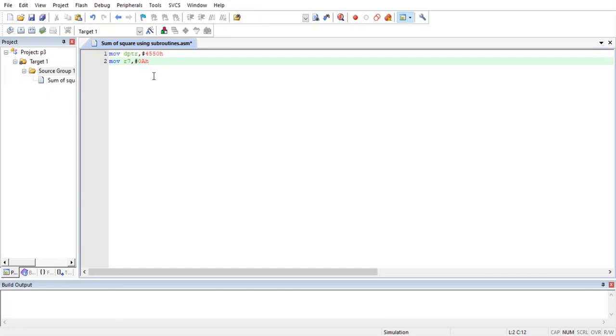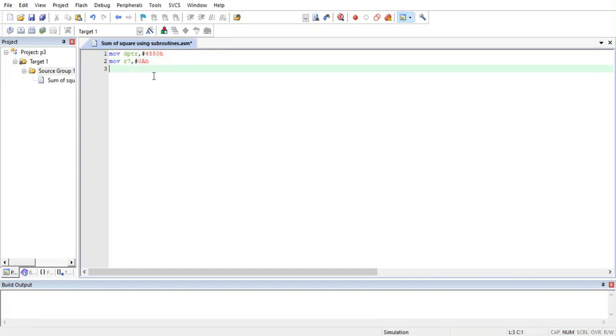A, because A stands for 10. A is 10 in decimal. 0A is in hexadecimal. Definitely we are giving the inputs in hexadecimal, but the equivalent of 0A in hexadecimal is, in decimal, 10. So since we have to run the loop for 10 times, we have taken 0A.